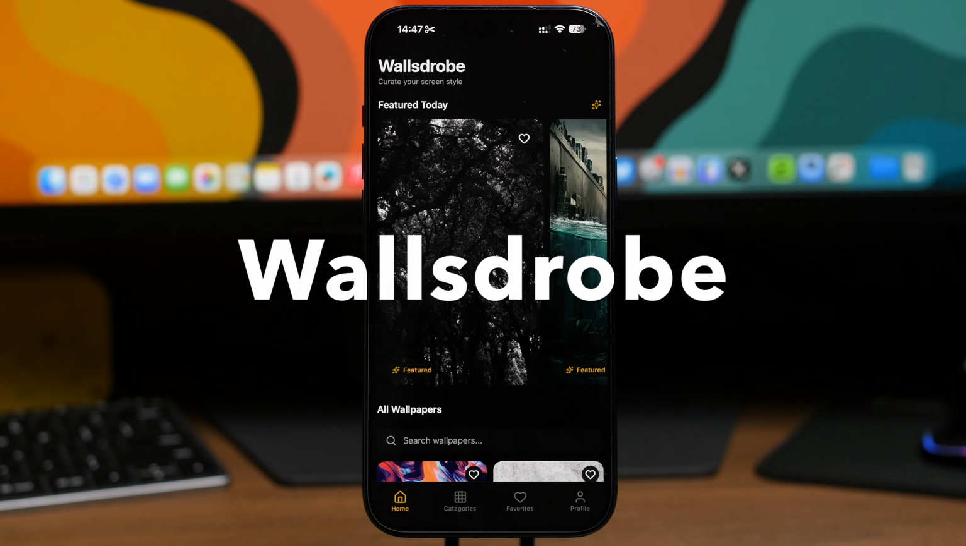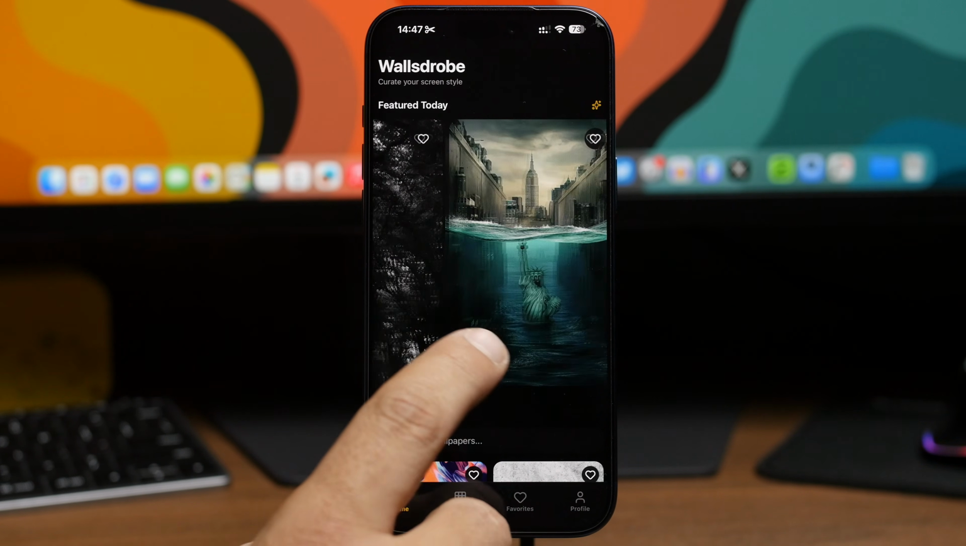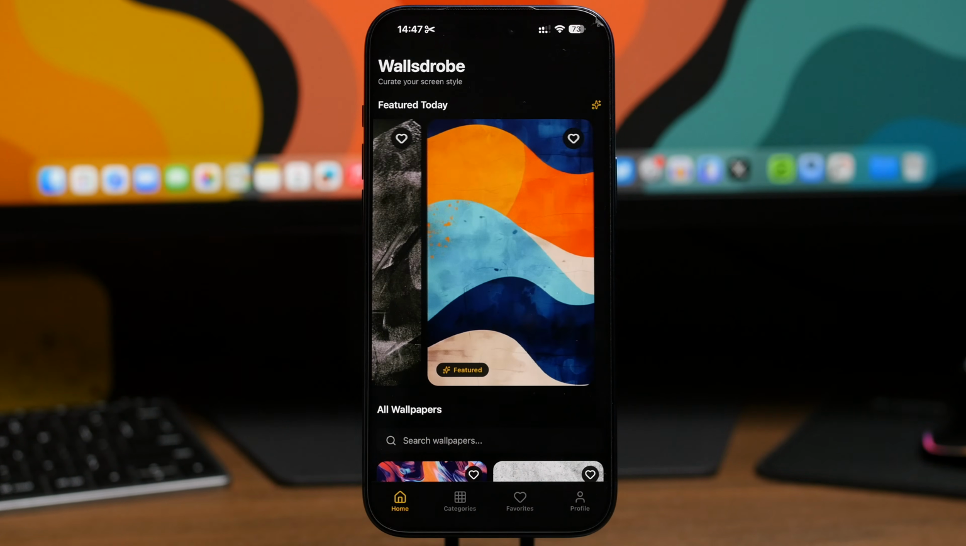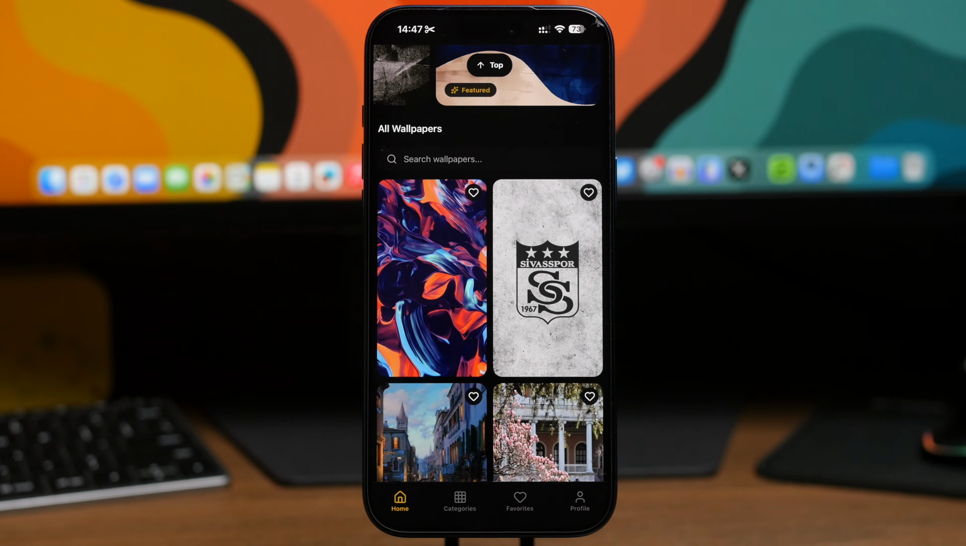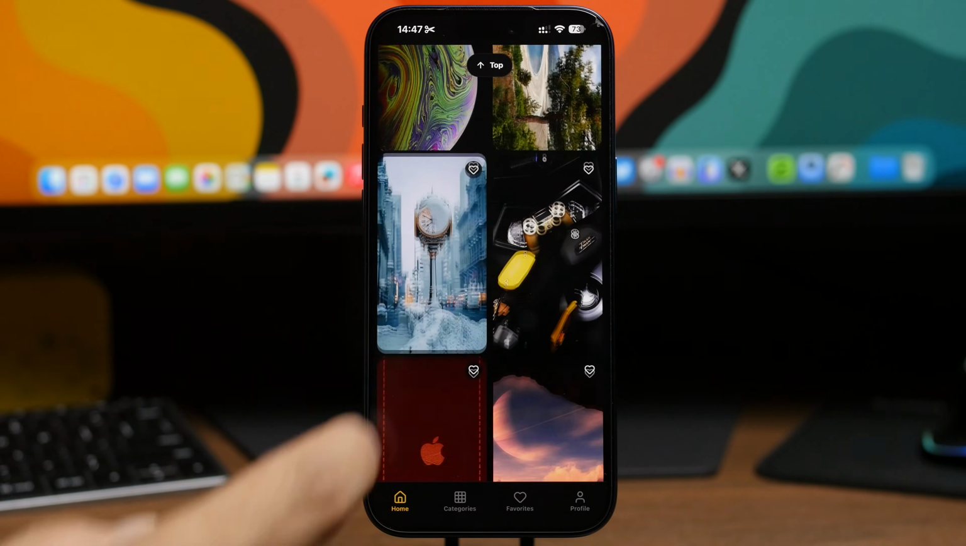Wallsdrobe is up next. Now this is a wallpaper app offering some really high quality wallpapers for your device. These right here are featured for today. It's at the top of the app right here. Then you will have all the wallpapers. Right here you can go ahead and search for wallpapers, and here we have newer wallpapers that have been added